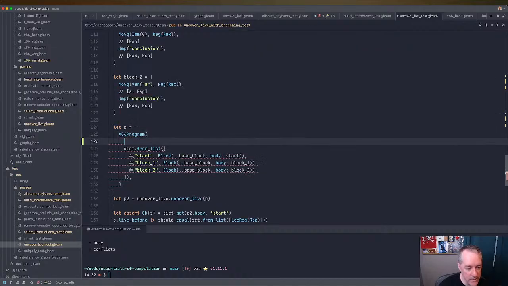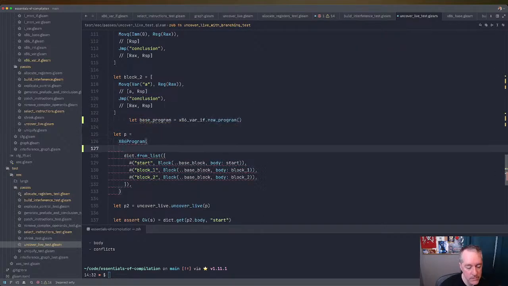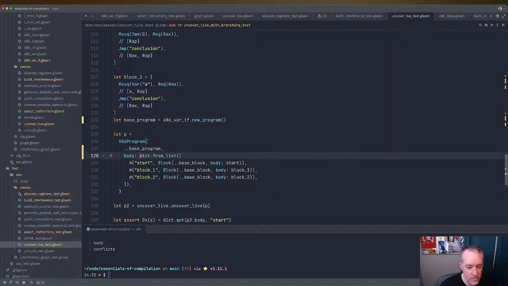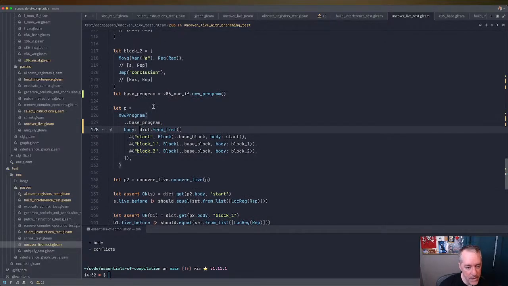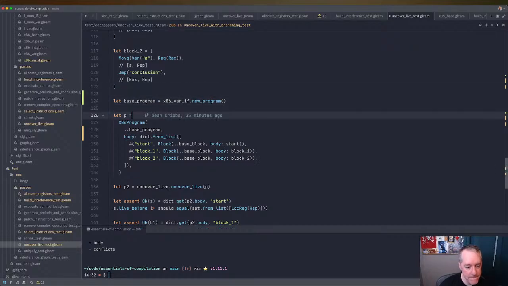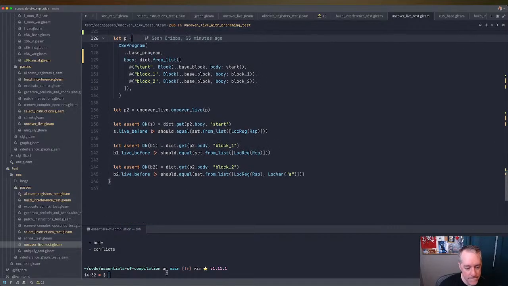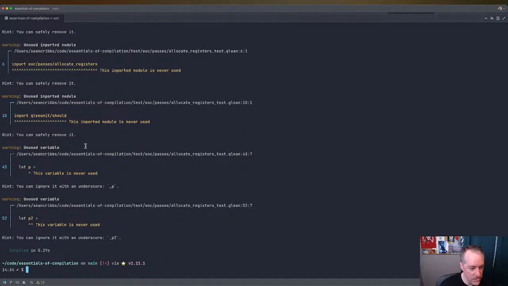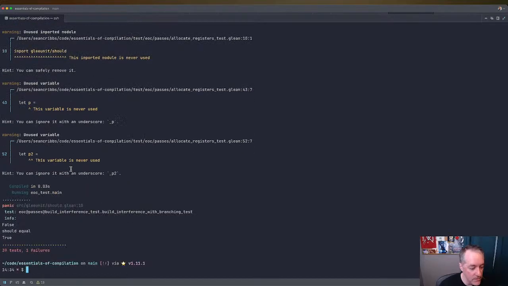All right, so down here we need to do that. Okay, so that's just warnings. We can ignore that for now because we're eventually going to come back. Okay, so